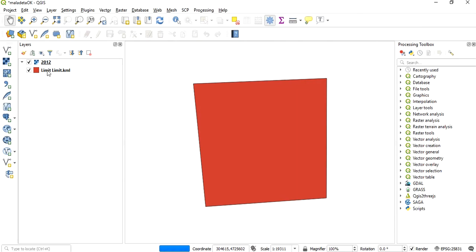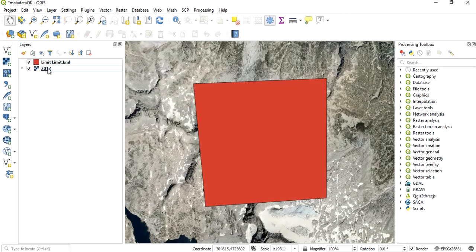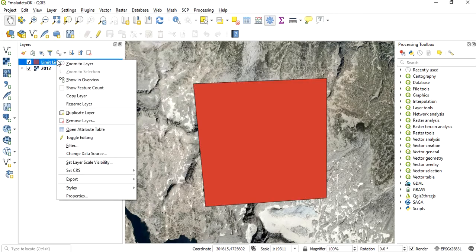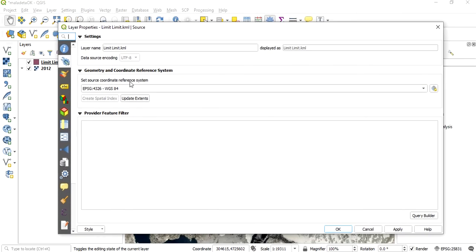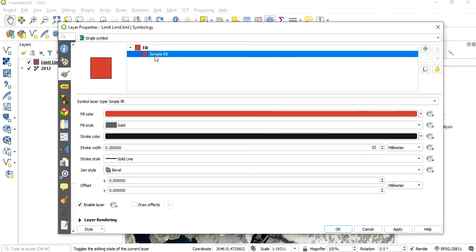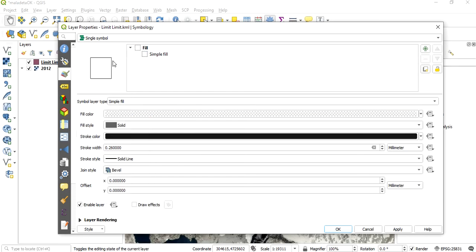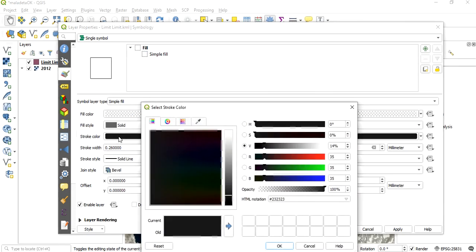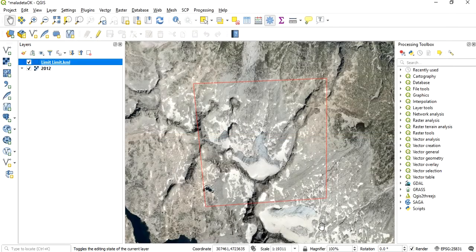It will take some time, and the tricky thing is that every time we move something in the window or zoom in or out, it needs to retrieve the image from the server, and it takes some time. I'm going to remove the color from the limit layer so we can see what is behind. And as I was telling you, this is the drawback of WMS layers. They're on the server, so they need to load any time that we move anything in the window.